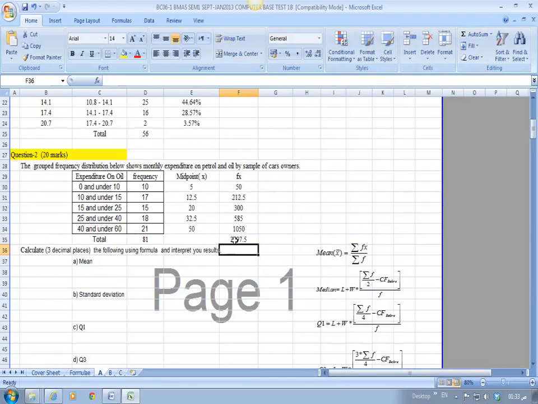Now we have the total of fx, and we have the total of f. According to this formula, the mean is equal to the total of fx divided by the total of f. So here we can calculate the mean. Mean is equal to this total divided by this one, and press enter. This is the mean, and simply now you can write that the average monthly expense